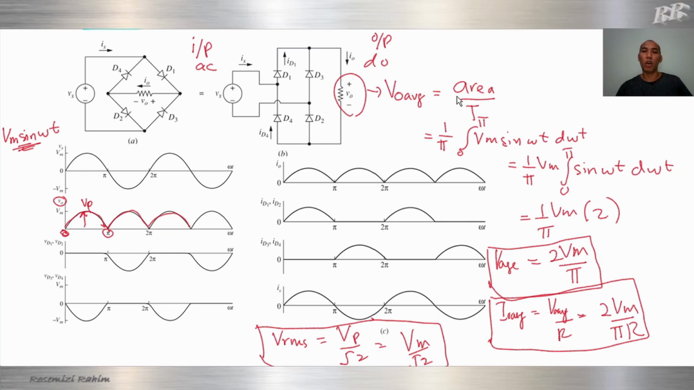Next is output power. The output power will be equal to V average times I average, the average voltage times the average current. Alright, I think that's all for our